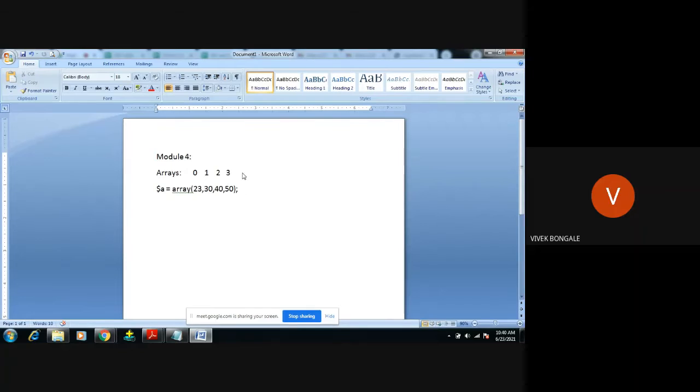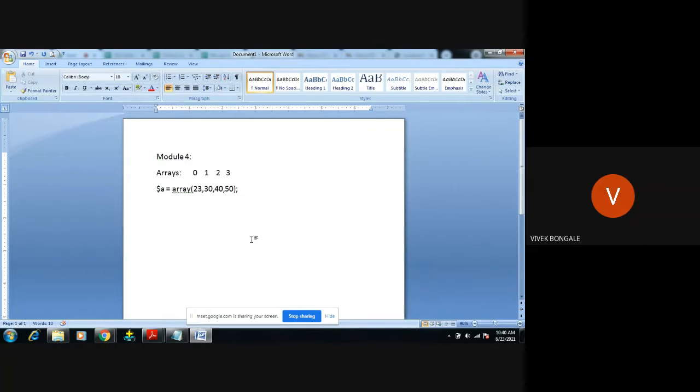If you want to take the first value, you take it with the help of index 0. If you want the last value, you take it with the help of index 3. This is the normal array concept.